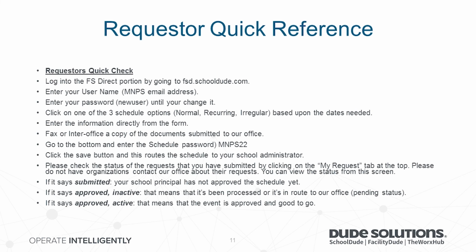That way it's just going to occur. It will allow you to enter a start date. So, again, I would start with July 1 of 2018, and then it will end the recurrence on June 30th, 2019, or so forth. And then I tell them to just enter the information directly from the request form. And yours, again, may not say that. It depends on how you want your process to be set up. If you want the outside entity to enter it, then you wouldn't have that line in there. I tell them to fax or inter-office me the documents that the group has submitted,